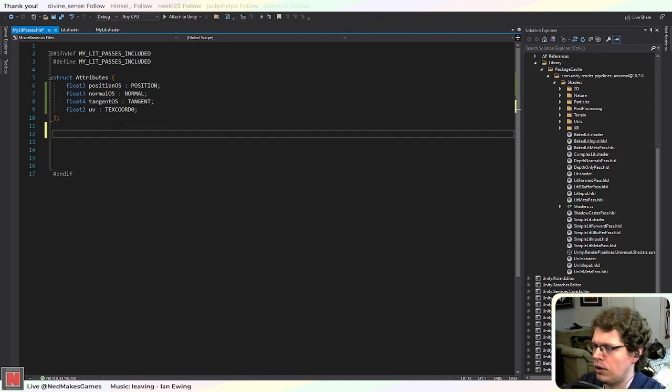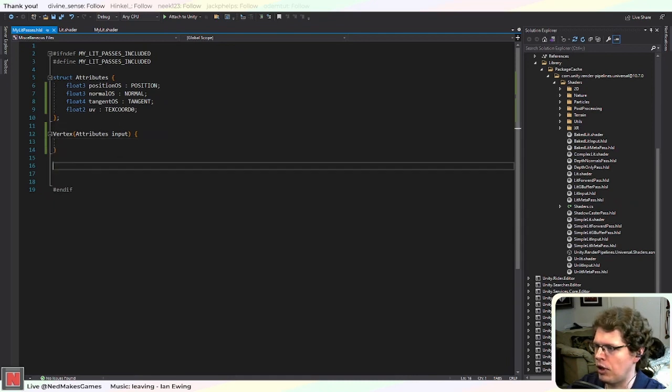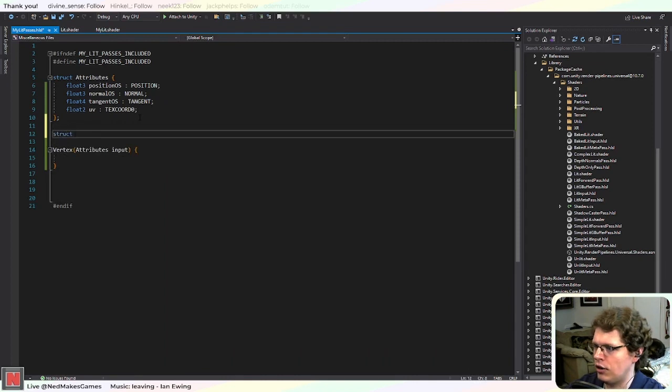Okay, so then we can call the vertex function, which receives these attributes as input. And then also, okay, so now the vertex function needs to return something which will be the input into the fragment function. And I like to call this structure the interpolators because